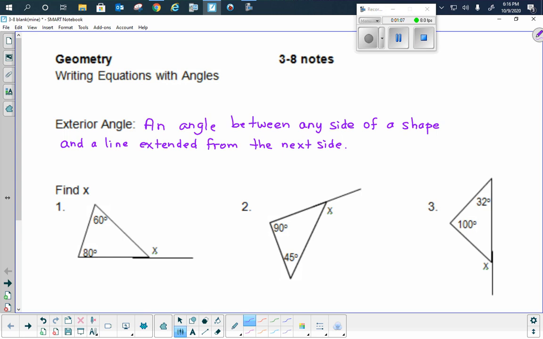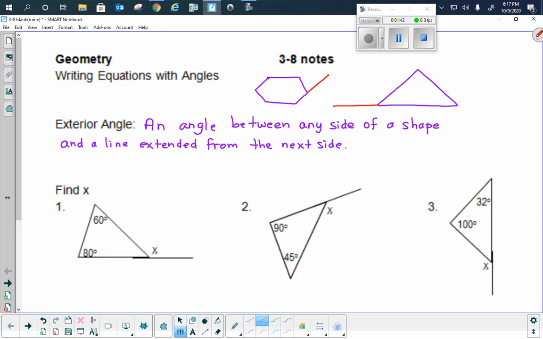So let's just say above here we draw a hexagon, right? A six-sided shape. And leave yourself enough room, but maybe we'll also draw a triangle. Okay. And if I go ahead and extend one of these sides, so if I just took this side and I went ahead and extended it, and I took this side of the triangle and I went ahead and extended